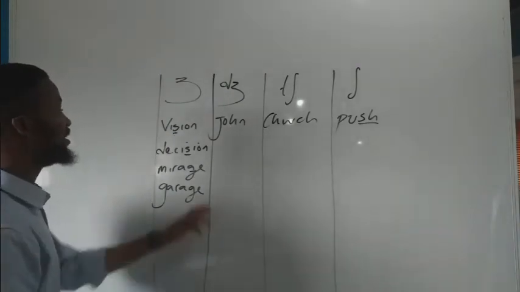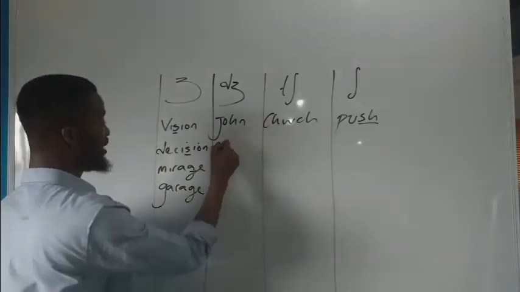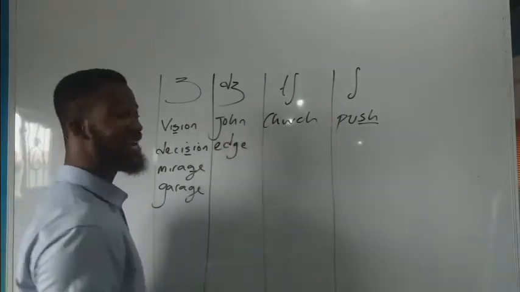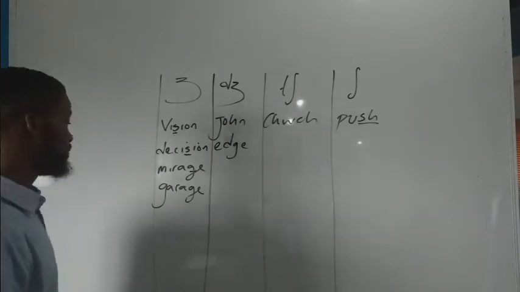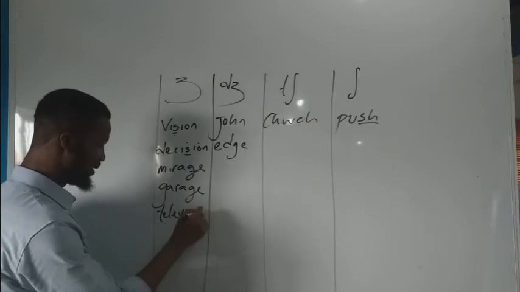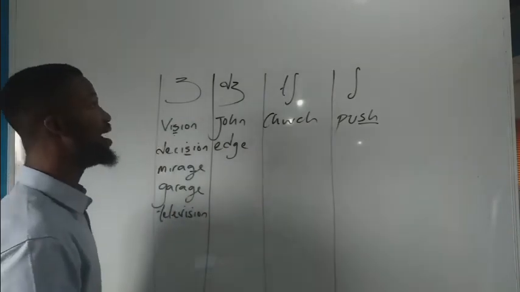Alright? This one is very easy to identify. Once you have G, any form of G, edge is called edge. Edge. So you need to watch out for that. Television will fall here. Television will fall here. If I have words like